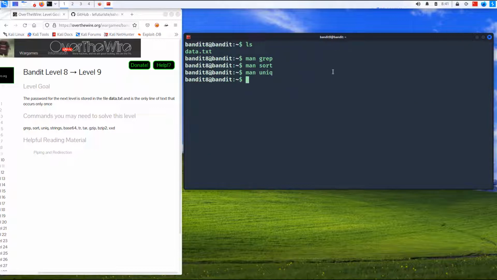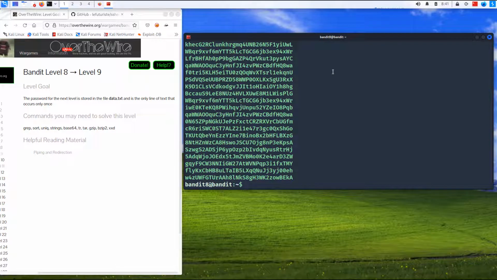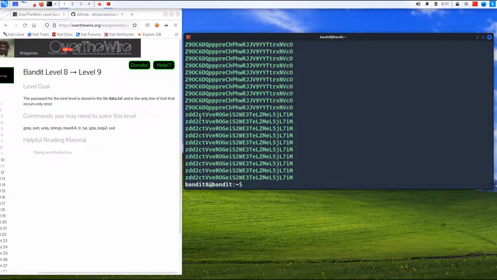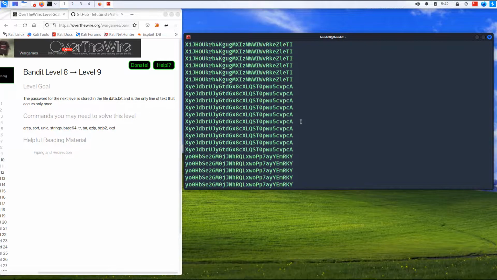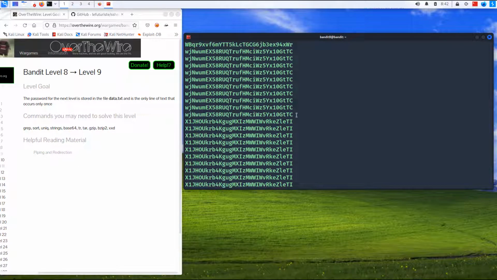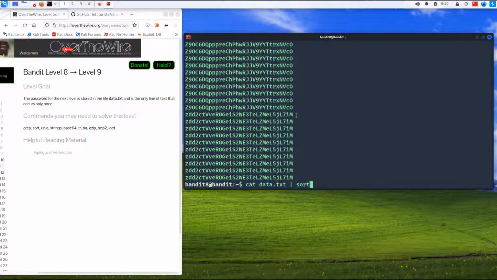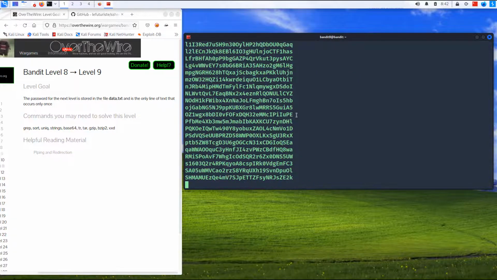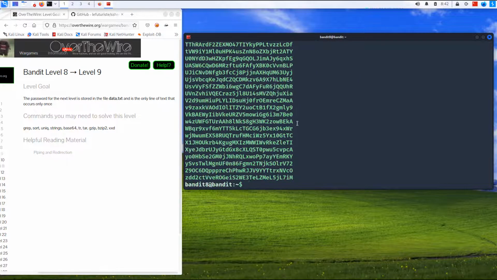So let's first go ahead and read the data.txt, see how it's going to output. So you can see this is how it's going to output for us. Let's actually do a sort, and this is the sort. Sort is going to return all the data after sorting it. Let's do a dash u with that. So sort is going to again return unique results, and if I do a uniq,